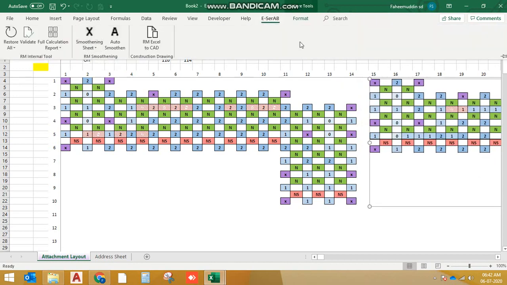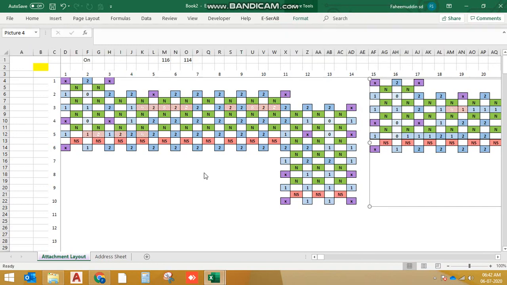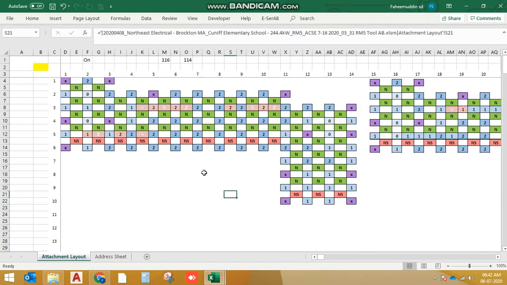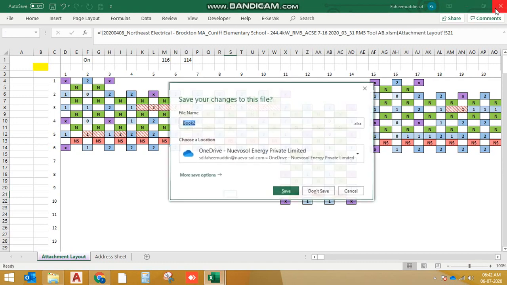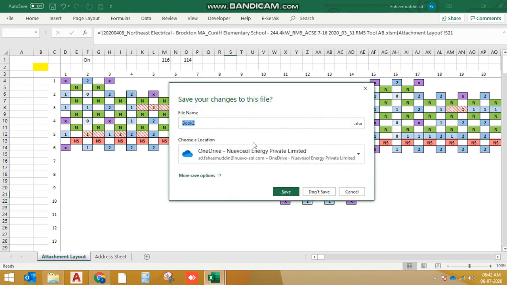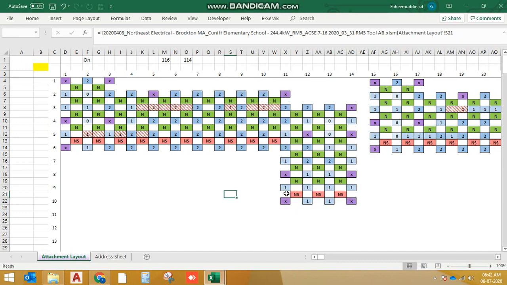Okay, one more new feature I have added. Previously you could just exit this sheet and there was no need to save, but now you can save this and refer to it later, because this will have all the edits.